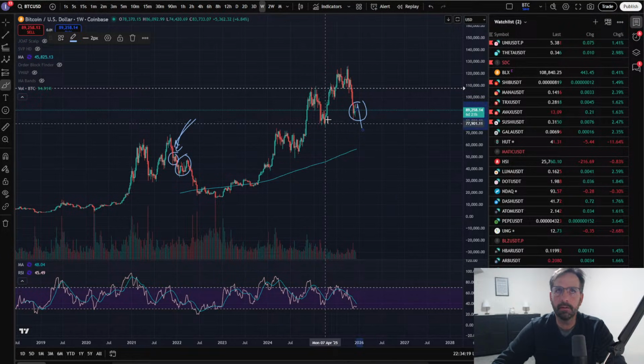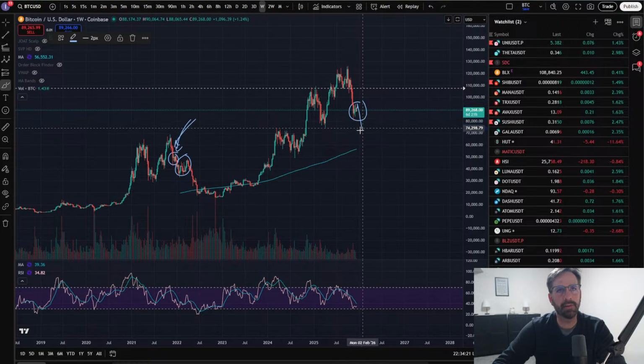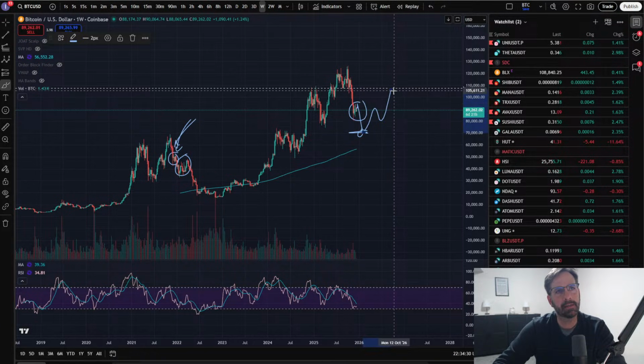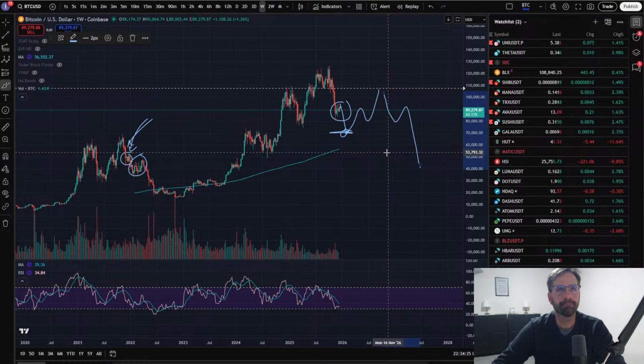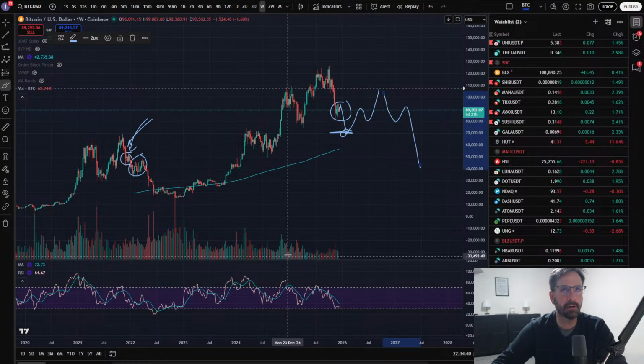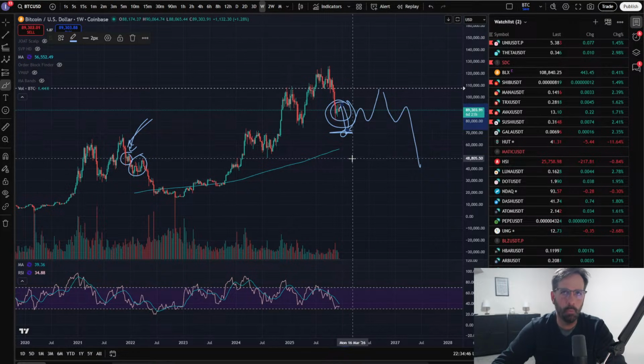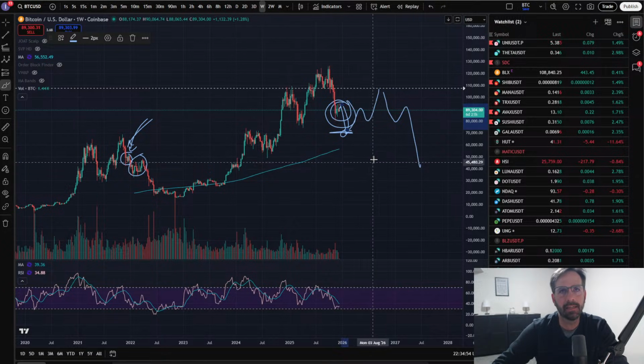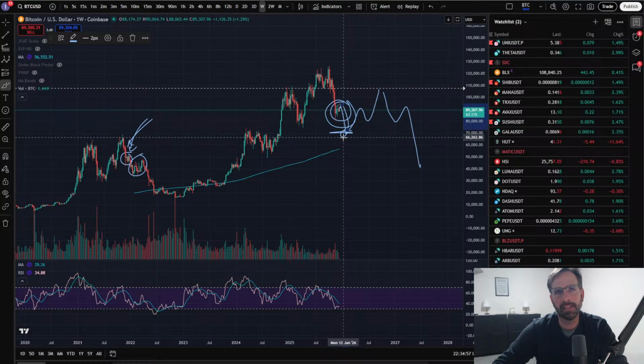Then from there, that gives me the 64 to 67K target. I mean, it could be as high as 70. And then what do we get? Three waves back and then more down. That's kind of what I'm thinking. Something like that. That's the weekly chart. So how this resolves, I don't know, but I'm seeing more down coming. Let's just give you a range between 60 and 70K. 60 is a little low. I like the 67 mark.